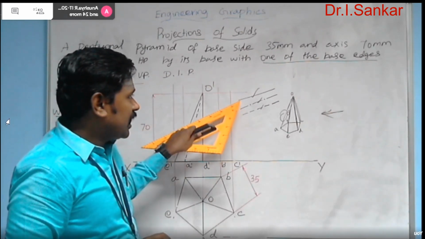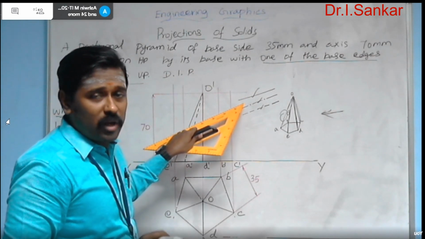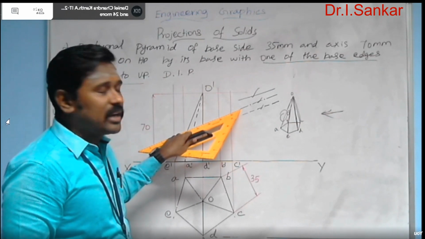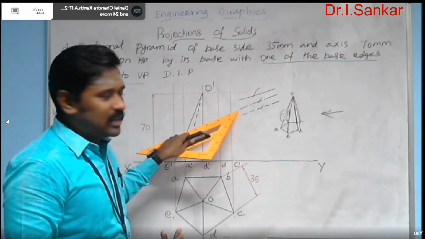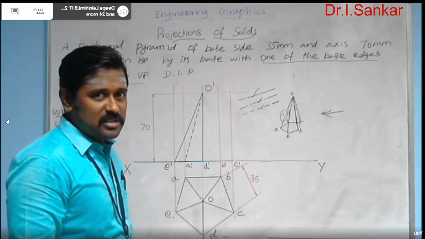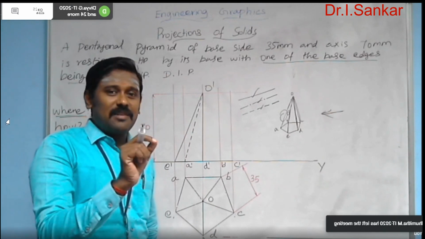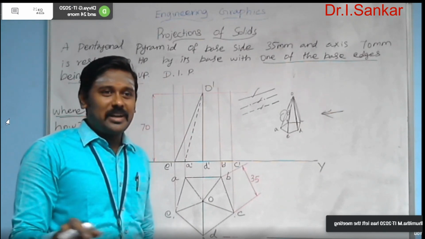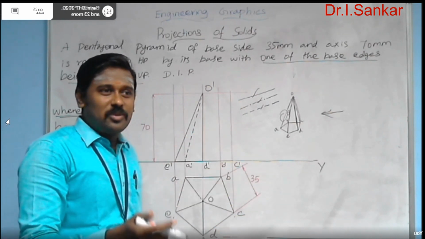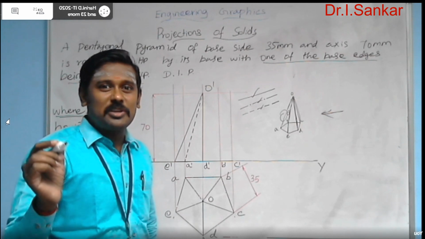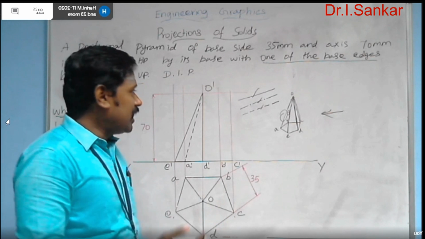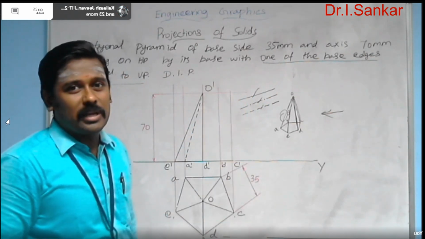The continuous narrow line format can be used for actual visible edges, the dashed dotted line format can be used for the center line, and the dashed line format can be used for invisible edges. Based on the darkness level also, we draw the continuous narrow line with a 2H pencil for the projector, and with an HB pencil for the actual edges of the object. So just update yourself on the various types of lines.